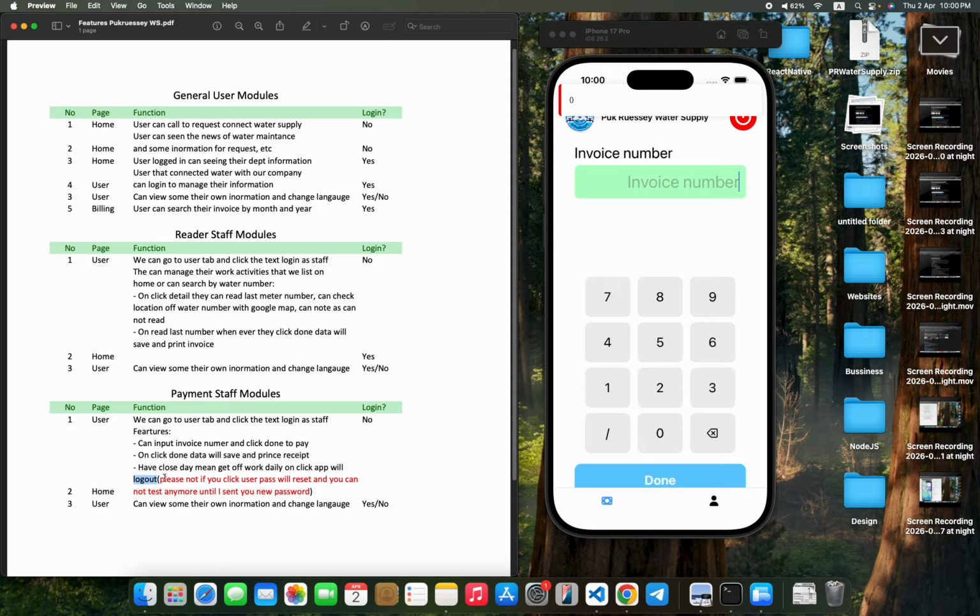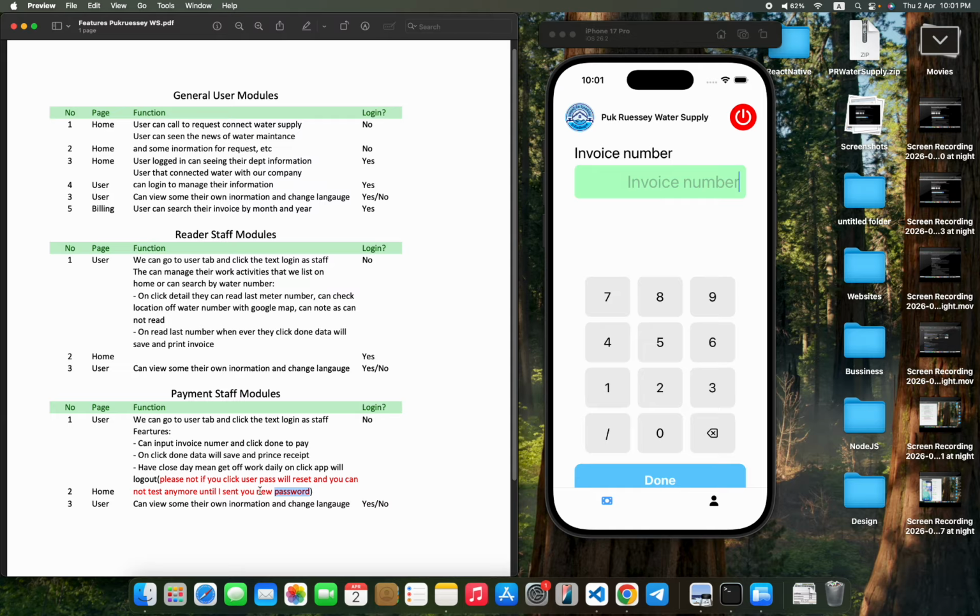If we click that one, the user's password will reset and a new password is given on the new day. I know that you cannot click that one. If you click it, it's okay, but you cannot log in as a payment staff anymore because the password will reset.